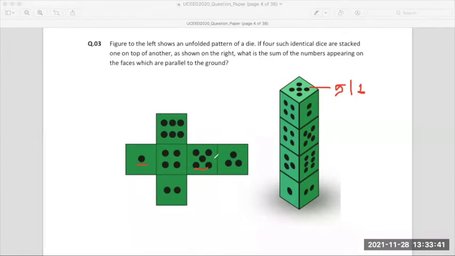Next number, 5 and 4 are adjacent to each other. These two are parallel, sharing 2 and 6. Very good. 2 and 6. Next to it 6 is vertical and 3. 6 is vertical and 3. So what this means is, does it mean that this edge attaches to this edge? Is something like that happening here?